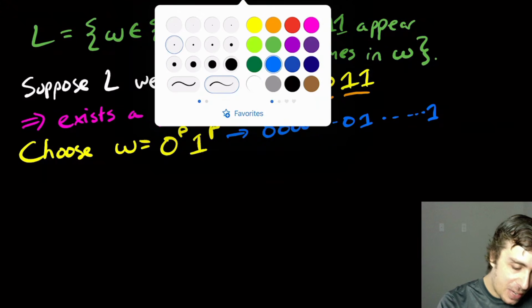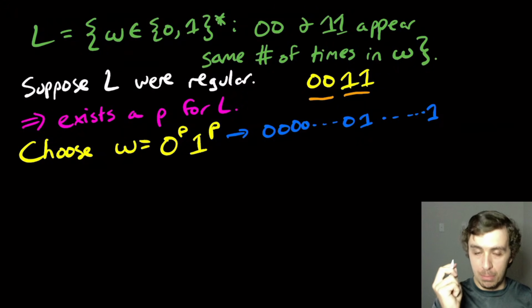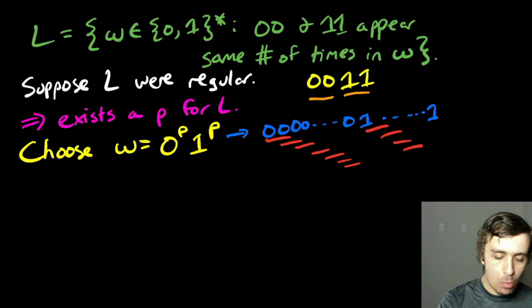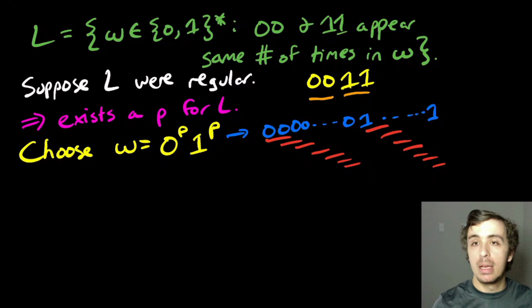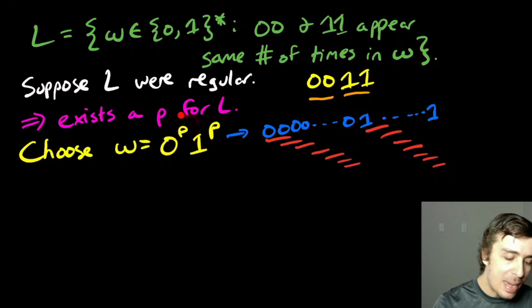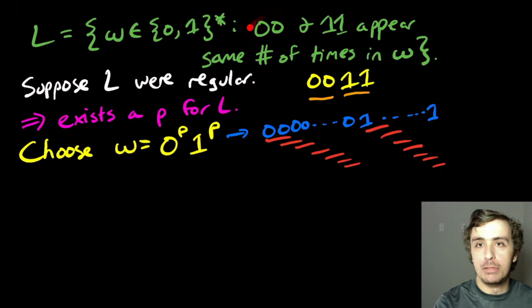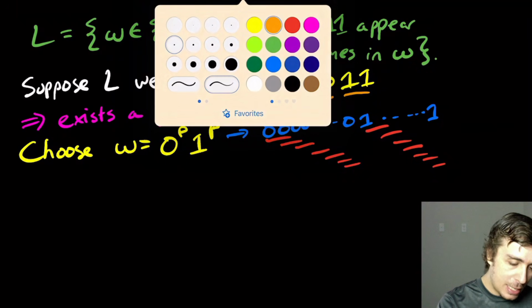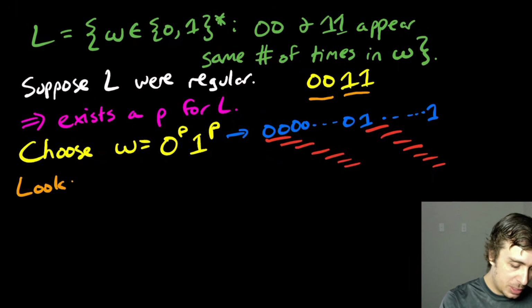So let's think about where the 0,0 occurrences are. It's right there, right there, right there. And it's kind of like this staircase pattern that goes down, and then the 1,1s occur in the same way. In fact, there are p minus 1 occurrences of 0,0 in there. Try to think about why that is. And p minus 1 occurrences of 1,1 in there for the same reason. All right, so then now we need to look at all decompositions